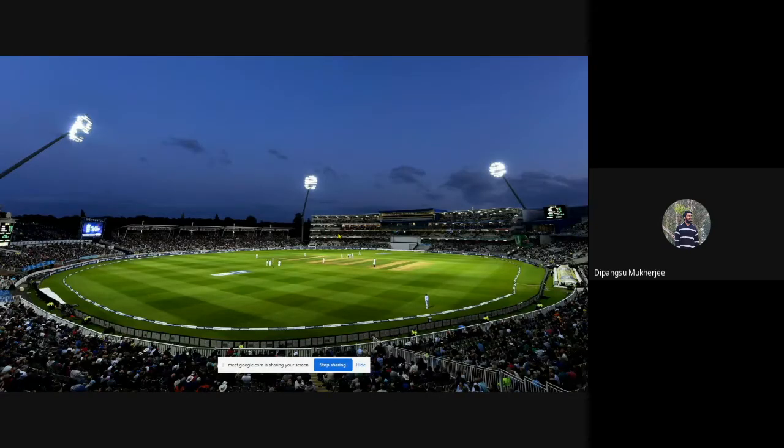Okay, so in this session we will discuss how to predict a cricket match score. We know that in mid October 21, our T20 World Cup will begin. We are really excited about that, and we want to predict what our score will be based on our past data. So this is the current topic.